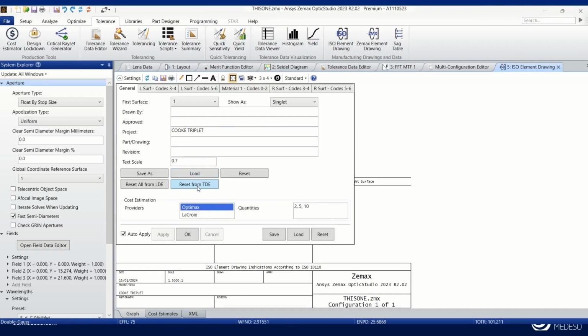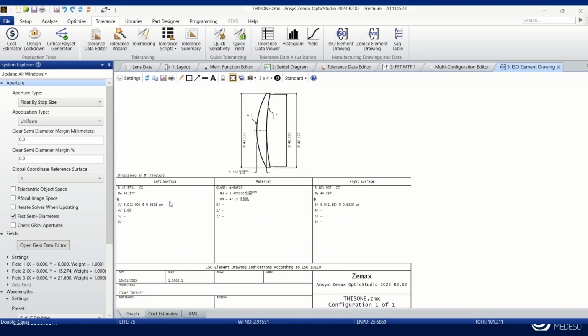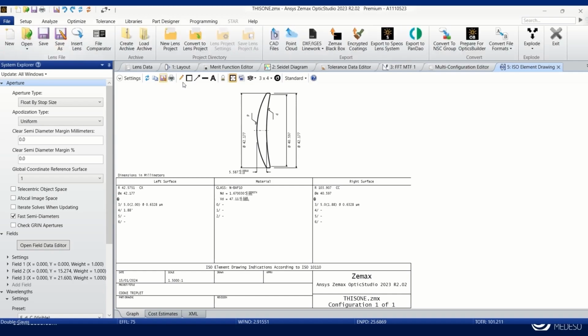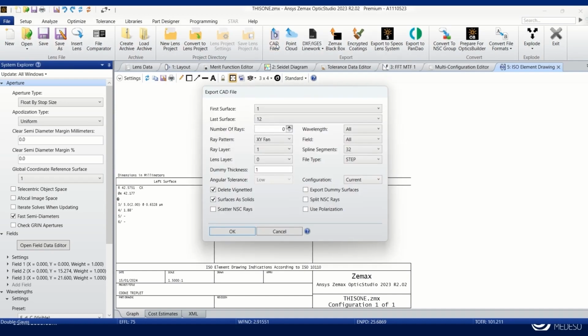So if we go on Reset from TDE, and there we have it. And then we can export the design to a CAD file. So in the File tab, here we have CAD files. And zMAX can convert to a range of different CAD formats, like STEP, IGES,